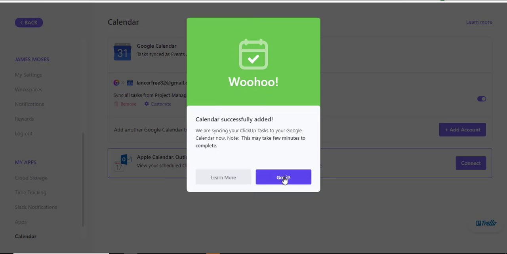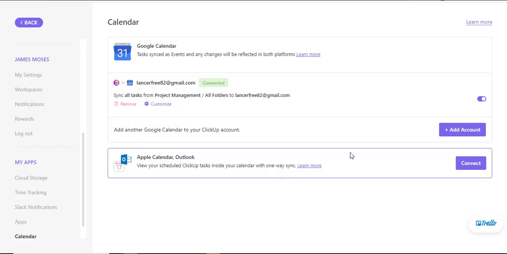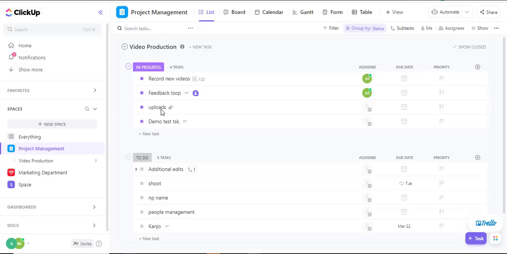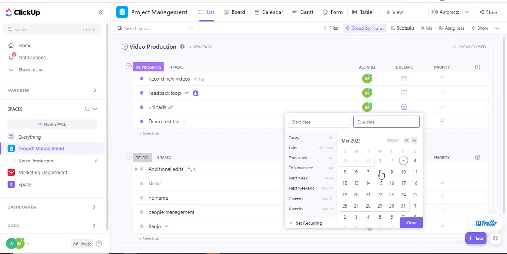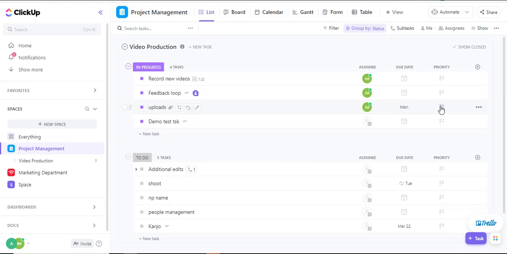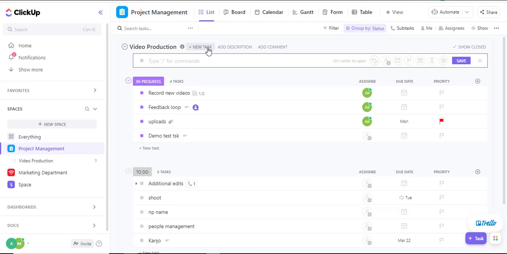Voila! My ClickUp has been synced with my Google Calendar. Now to see this in action, I'll navigate back into my tasks. I'll navigate into the uploads folder within my project management space, and I'll assign this to myself. And then I'll set a due date, let's say the 5th, and I'll set the priority to be extremely high. I'll also create a new task within the progress and call it events,